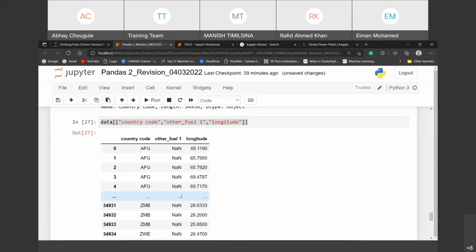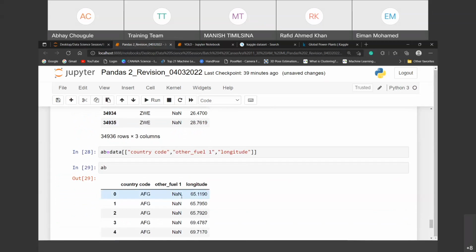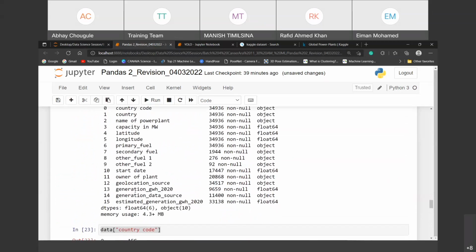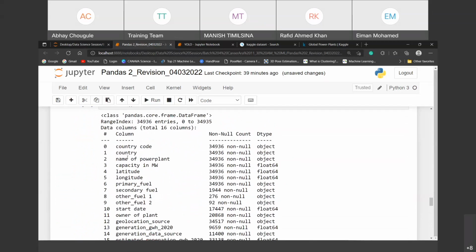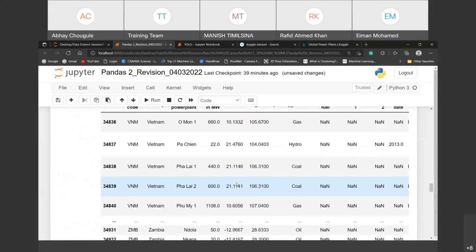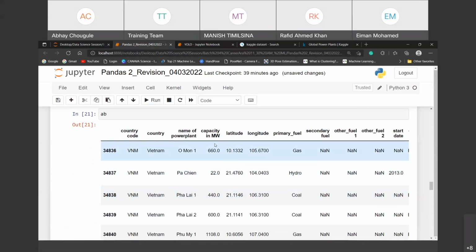And sometimes questions will rise, like some problem statements are there. Suppose this is our data set, right? And some people will say, calculate, suppose, where it is. So if someone says you have to calculate the capacity in megawatt, you have to take a few columns, like suppose country code will be there, longitude will be there, country will be there. And then if you are getting the problem statement on the basis of some columns,